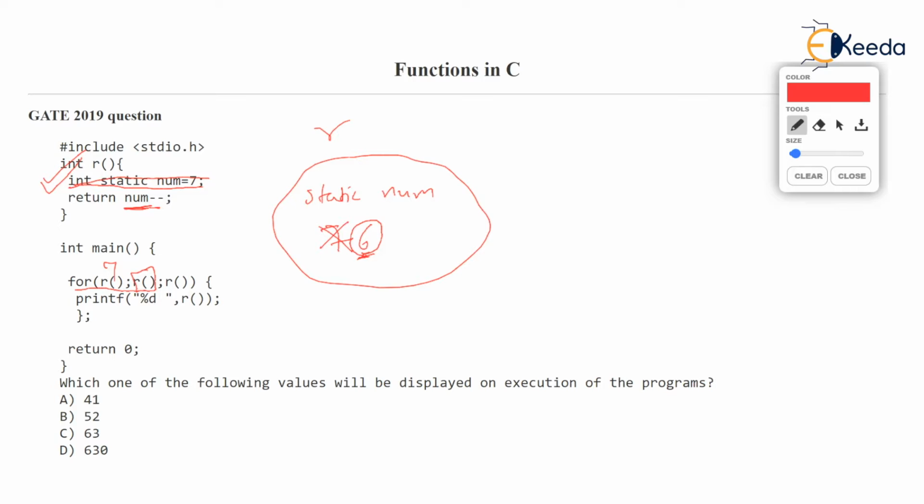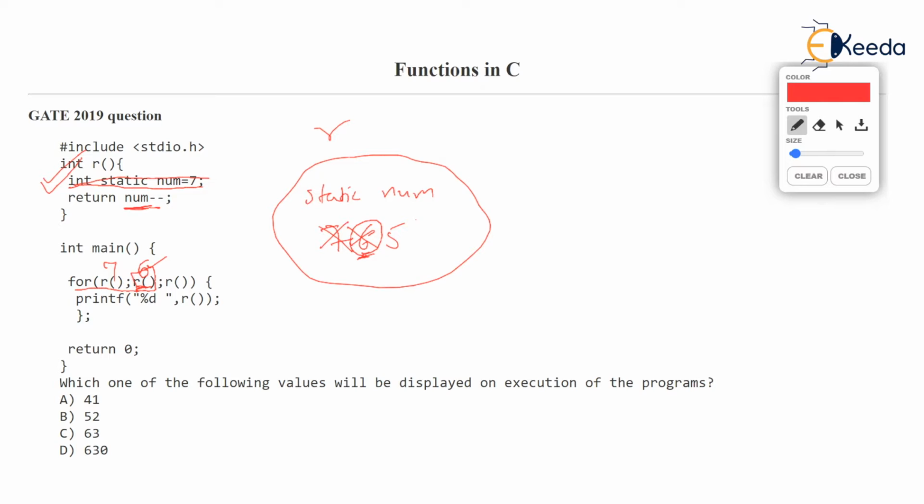Okay, next line is return num and then do --. That's the correct way of reading it. Return num, and after returning num, reduce the value of num. So the function is going to return 6 at the call, but after returning 6, num will become 5. Now what do you see here? This is the condition, isn't it? You all know that the middle part that we write in the for loop is the condition, and the condition is 6.